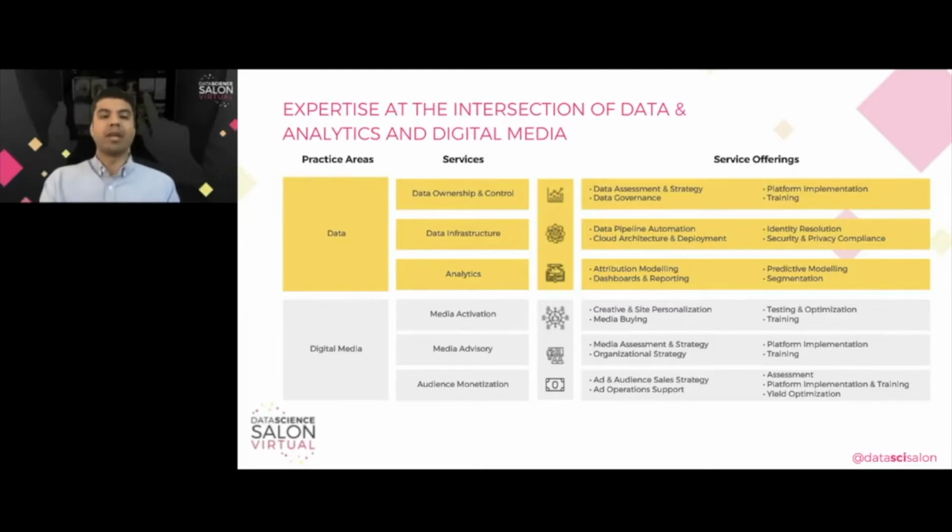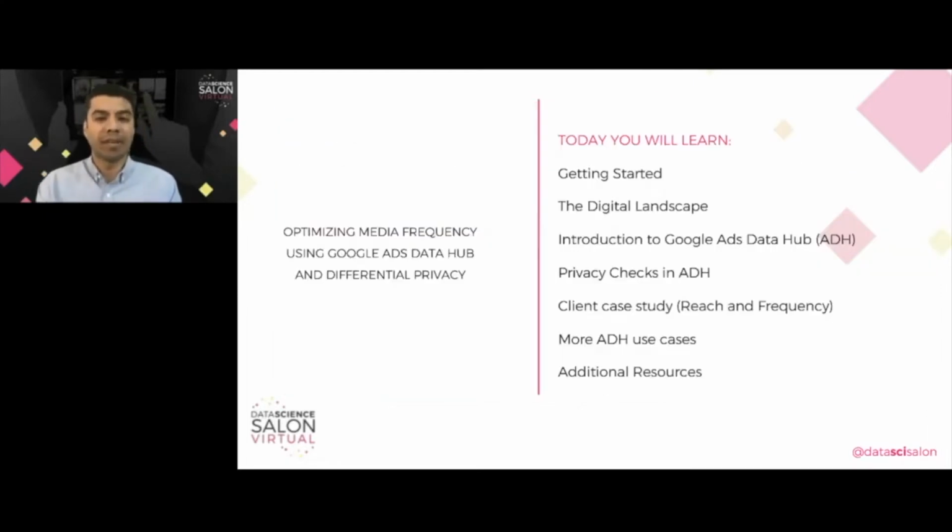So today we'll be learning about what kind of a digital landscape we are living in and how it's dynamically changing, and what kind of changes we have to make on our side to adapt to the changing privacy rules and laws. With that, we will be having a quick introduction to Google Ads Data Hub, and we'll be learning about privacy checks that happen in Ads Data Hub. Then we have an end-to-end case study with some graphs and results, which highlights the results of a reach and frequency use case for